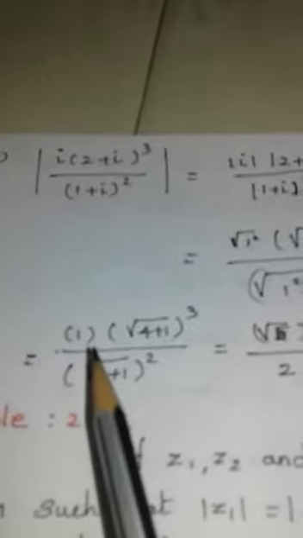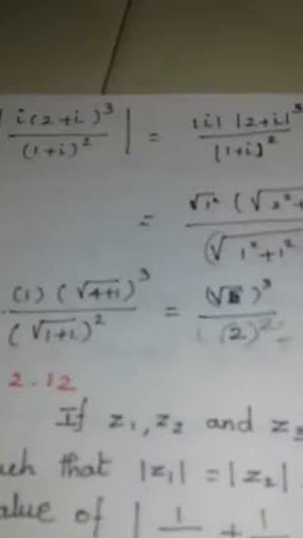Now I write 1 in the root, it is equal to 1. Then 2 square equal to 4, 1 square equal to 1, to the whole cube. Then square root of 1 square plus 1 square is equal to 1 plus 1. Here 1 into anything is the same number. So root 5 to the whole square divided by root 2 to the whole square is equal to 2, the square root will be cancelled. So root cube value, root of 5 to the whole cube equal to 5 into root 5 divided by 2.